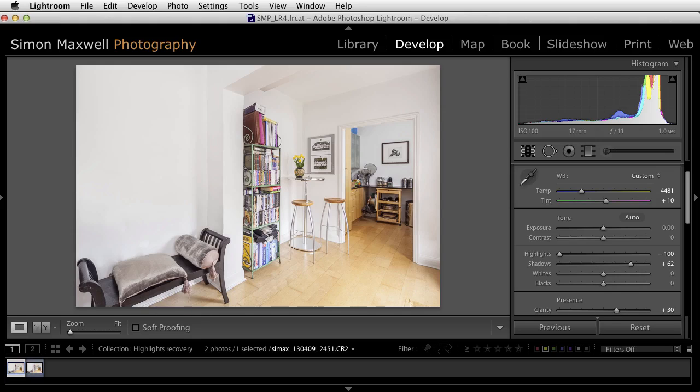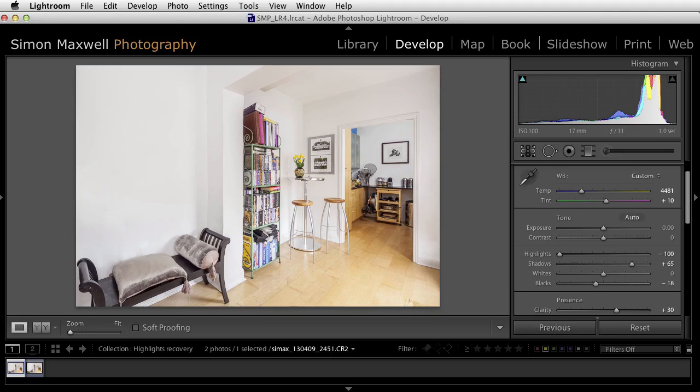And one thing I like to do, if I've applied quite a strong positive adjustment of the shadows, is to just move the black slider slightly to the left. And what that's doing, it's just moving the very bottom of the histogram down a bit so that that's restoring a bit of bite to the blacks. There's a danger with too much of a shadows adjustment that we tend to start to lose the contrast of the image. So by just moving the black slider down slightly, you can give it that little bit of bite